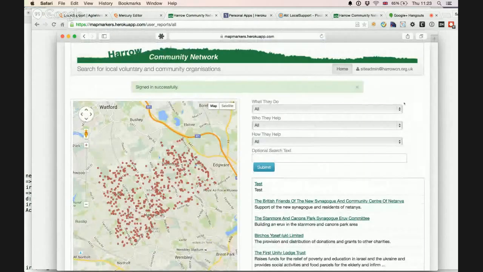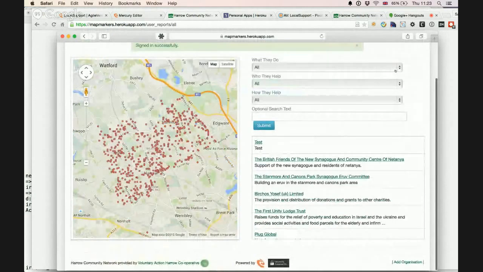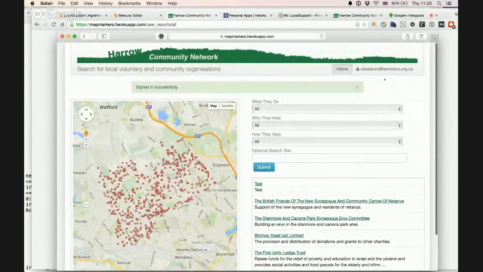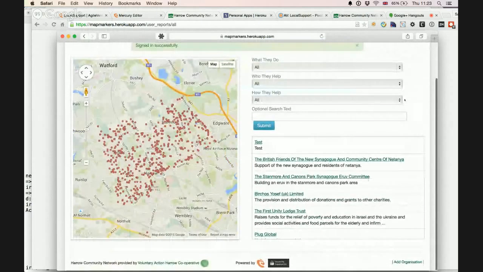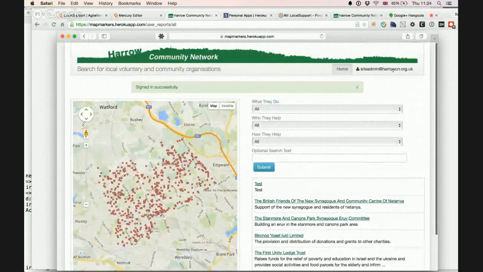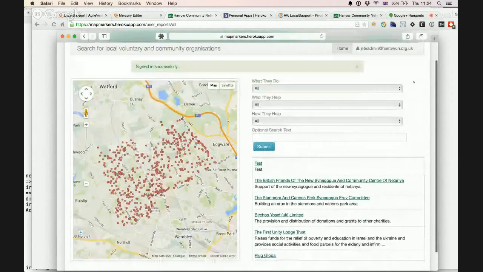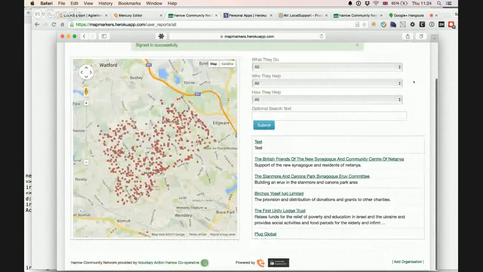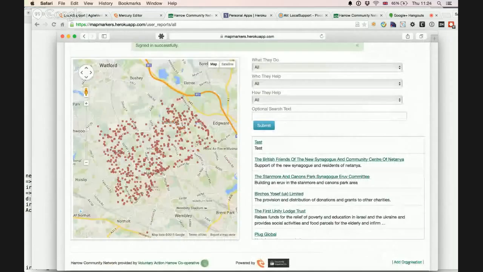So now we can see the flow. This might be somebody who's new. The workflow being, we've clicked on that organization. It says sign up or log in. The person has either signed up or logged in as their existing user. And so now when they click add organization, they should be taken to the form.